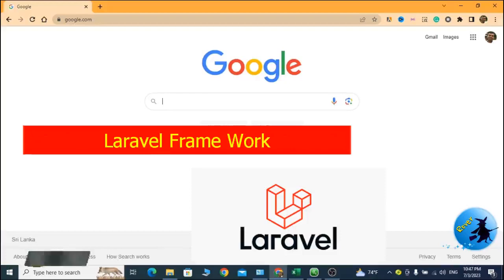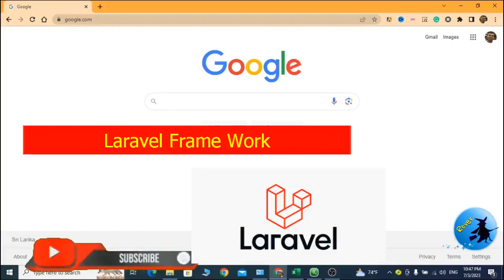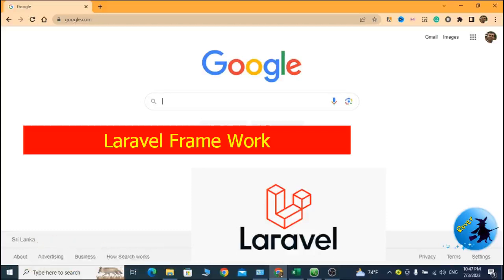So I will guide you step by step how to create a web-based application using the Laravel framework. I am going to teach you this web application development process project-wise. I will guide you how to create a practical application by using the Laravel